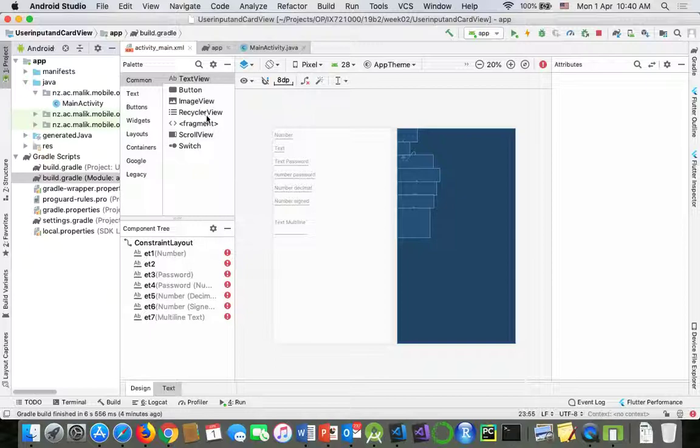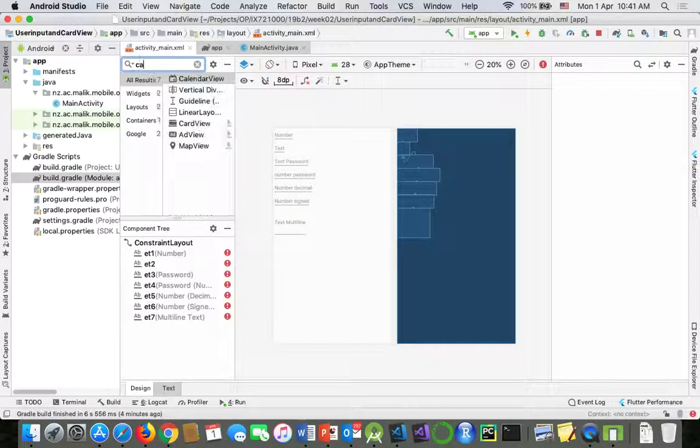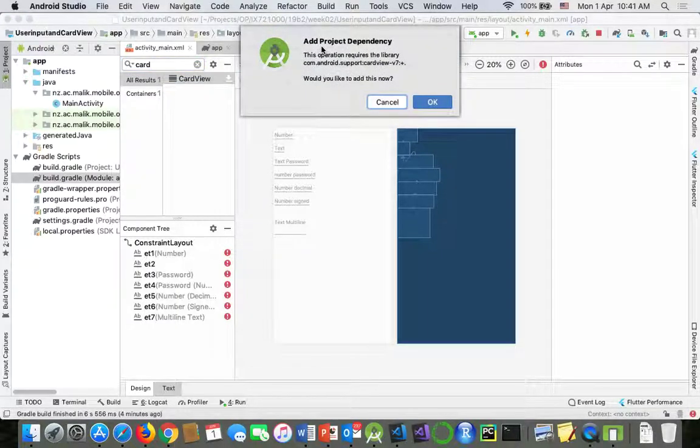If it is not, then we also have another way to add it. For example, if we don't have a card view here, we can search for card. Look at that, when I write card view, it is showing me that particular button. When I click on that, it says add the project dependency. And what is that dependency? com.android.support cardview-v7, and after that it will be 28. That's the version number, the API level that we are using. So if I just click OK,